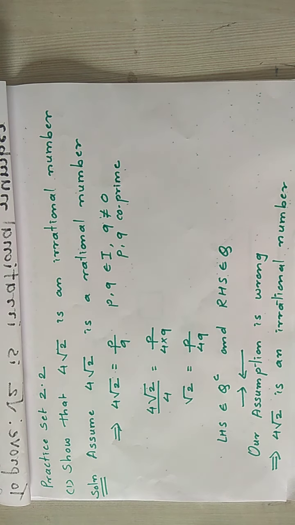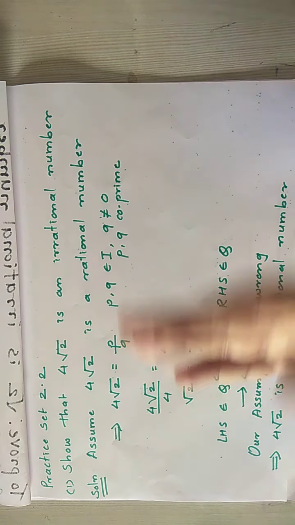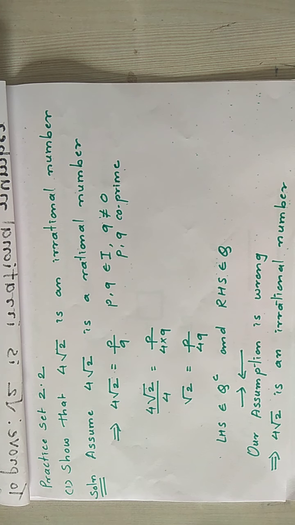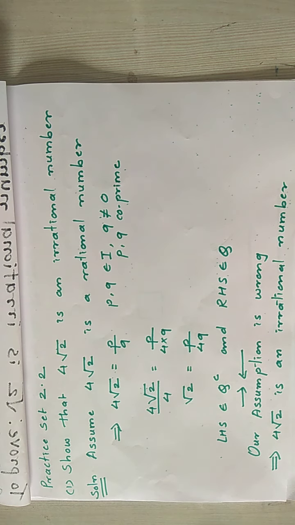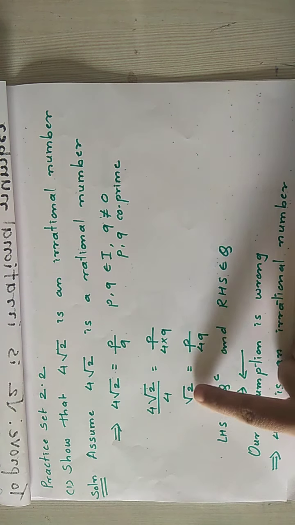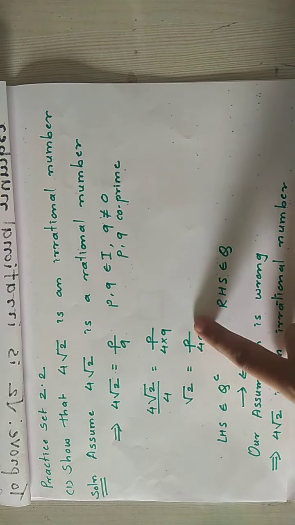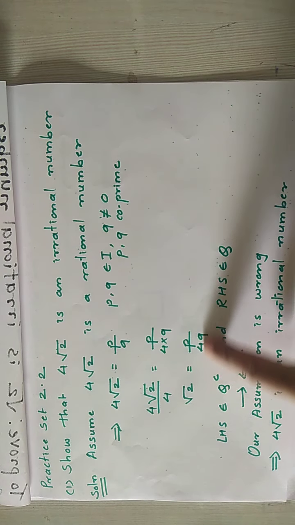Now how is it possible? One rational number, how can it be equal to an irrational number? It is not true. Rational and irrationals are completely separate families, a completely disjoint set. So there cannot be any number which is in both families, rational also and irrational also. So we cannot have them equal. We cannot say that a rational can be equal to an irrational. So this here itself is a contradiction.